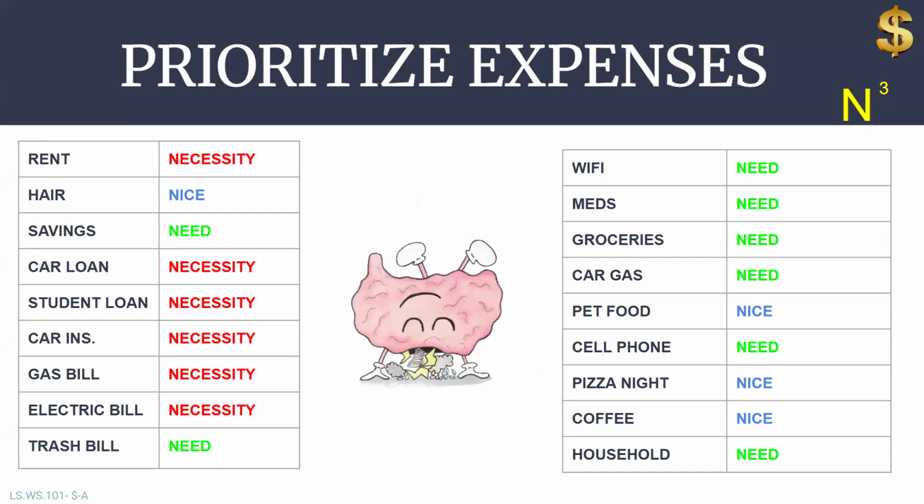So you've assigned the necessities, the needs, and the nice things. And the reason that you've done that is because if you set it up on a spreadsheet, like I'm gonna show you in a second,